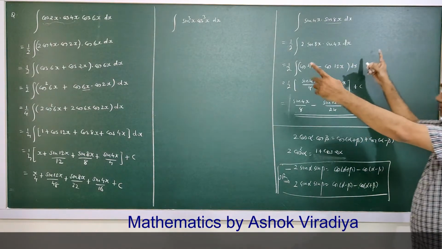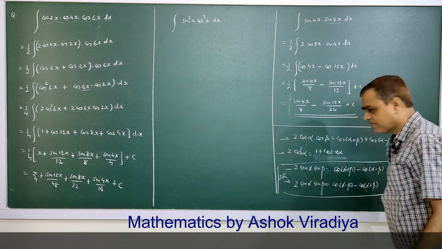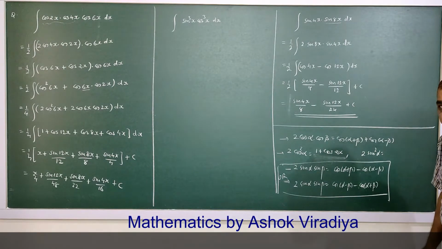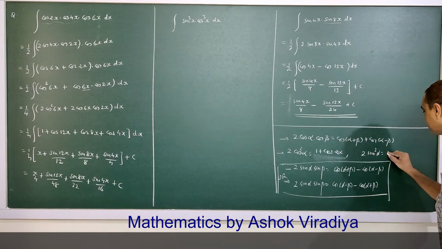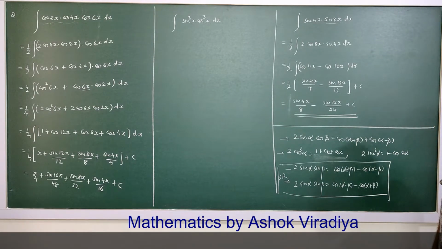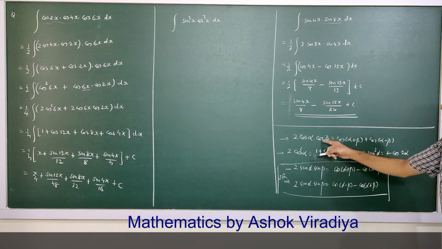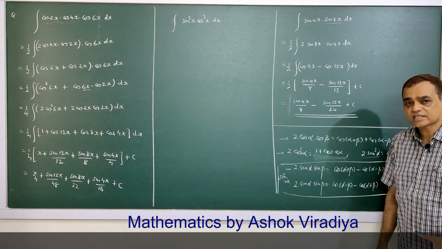So to break the product, sometimes we use 2 sin alpha cos beta, sometimes we use 2 cos square alpha. Similarly 2 sin square alpha. In the last question I explained, sin square alpha is (1 minus cos 2 alpha) by 2. Now 2 take on the left side. So 2 sin square alpha is 1 minus cos 2 alpha. So wherever you find 2 sin square alpha, keep this expression. 2cc, 2ss, 2sc, 2cs. Remember all these forms.